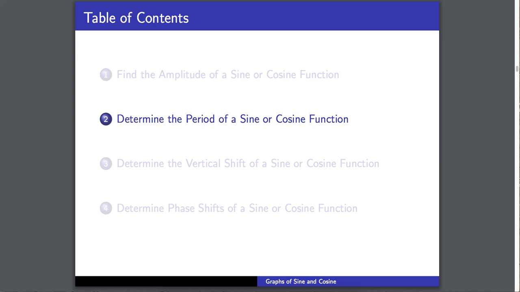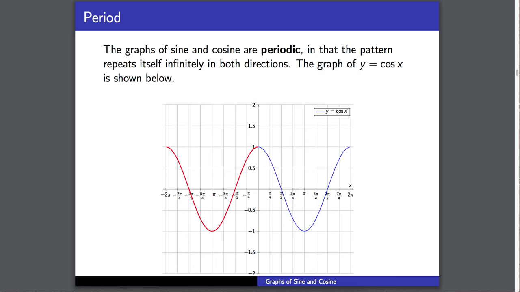All right, in this video we're going to look at determining the period of a sine or cosine function. So the graphs of sine and cosine are periodic in that the pattern is going to repeat itself indefinitely in both directions. So if we take a look at the graph of y equals sine of x, or the graph of y equals cosine of x, here I have the graph of y equals cosine